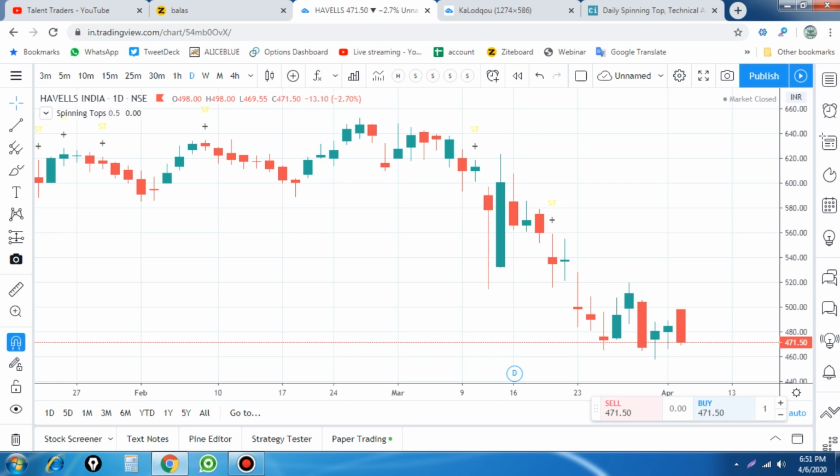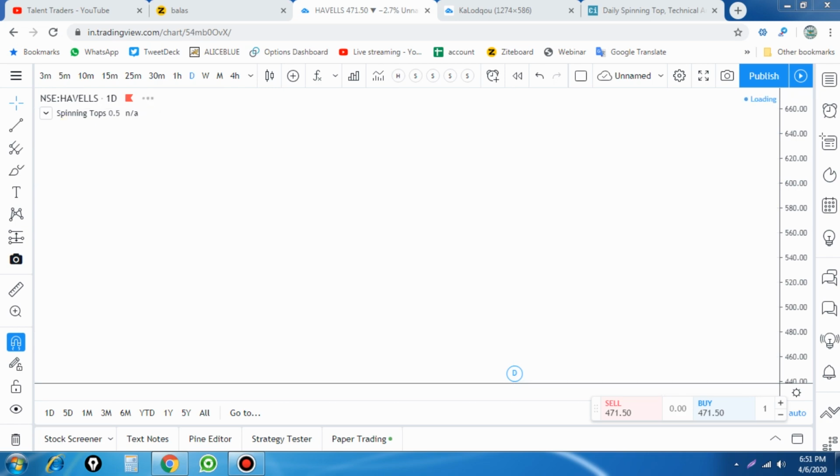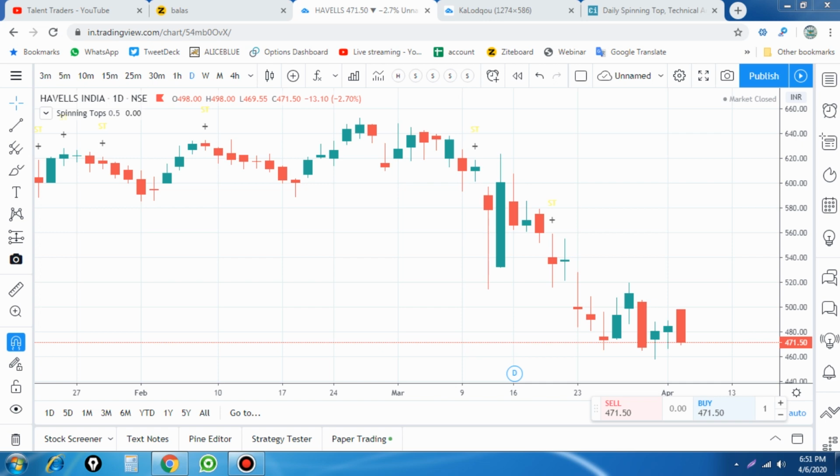Let's check it out. When the morning star pattern forms with a gap lower, if you want more detail, you can go back to our previous videos and you will find it. There will be a gap down open and this particular red candle forms as a morning star, that is, a spinning star morning star candle. We follow this type of morning star when the previous trend is down, so that's okay, a downtrend.